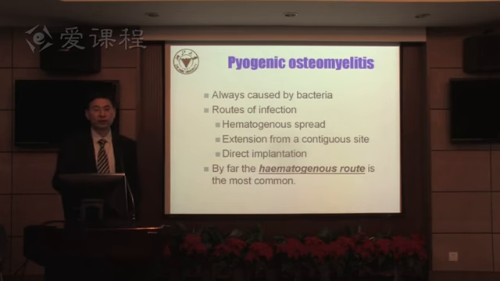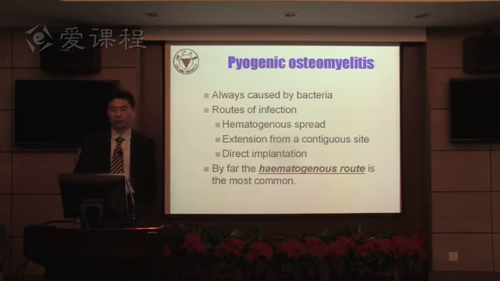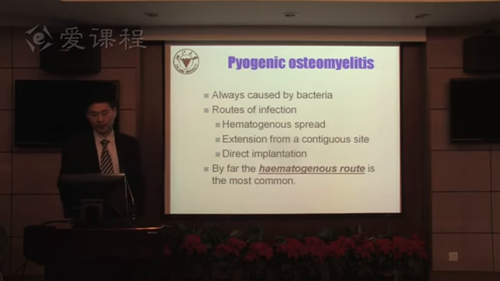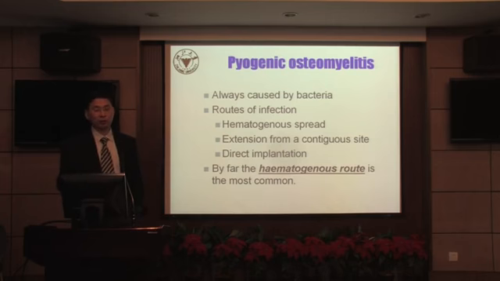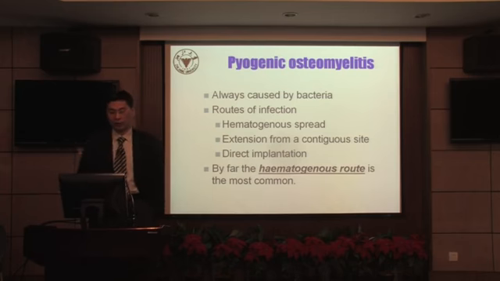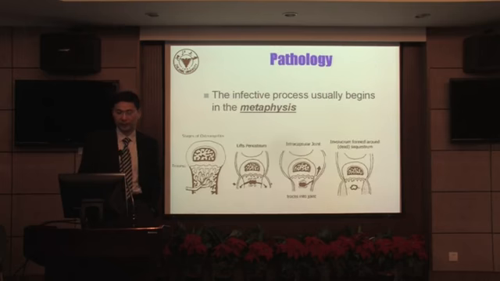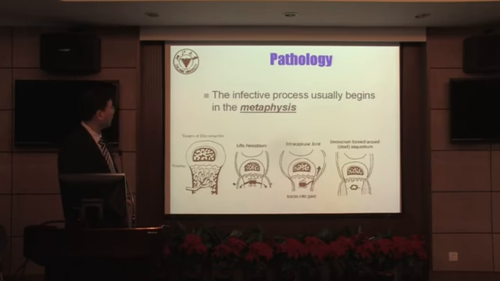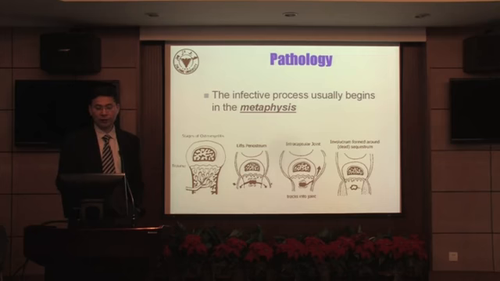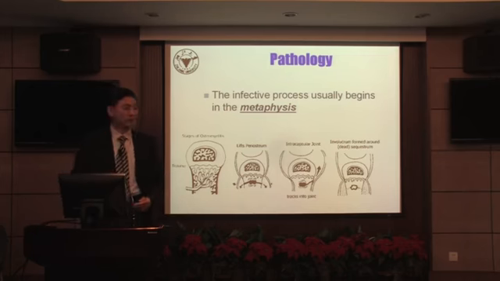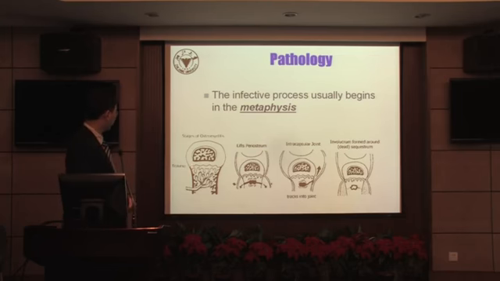And the second one is contiguous spread, and the third one is direct implantation. By far, the hematogenous route is the most common one, as we see. And in the pathology, the infective process usually begins in the metaphysis. And here are the pictures of these metaphysis